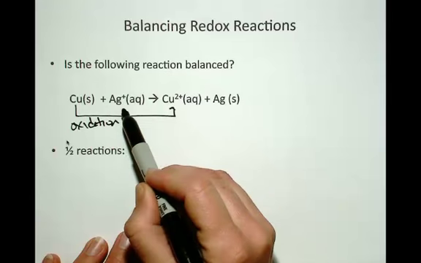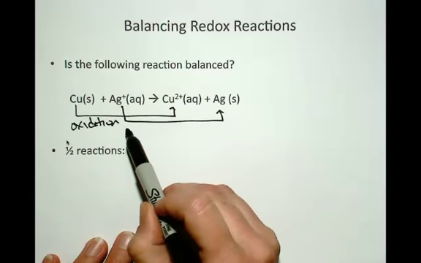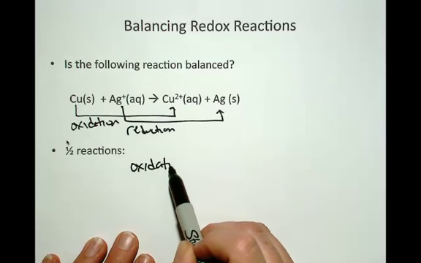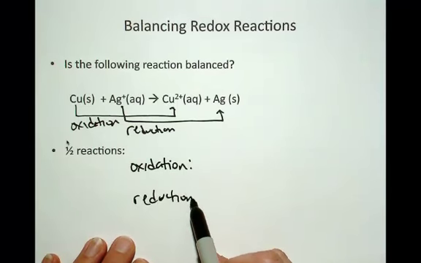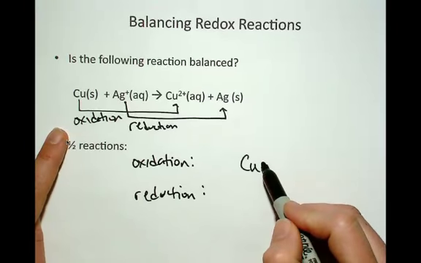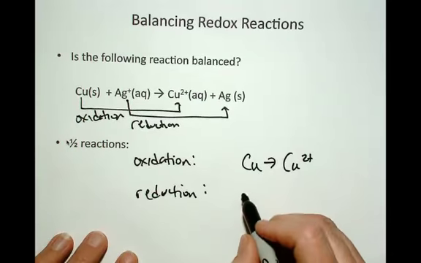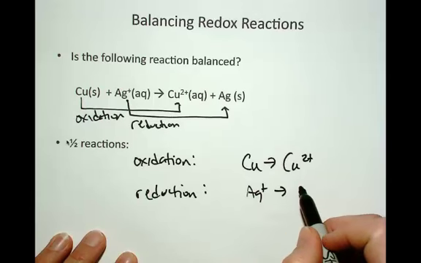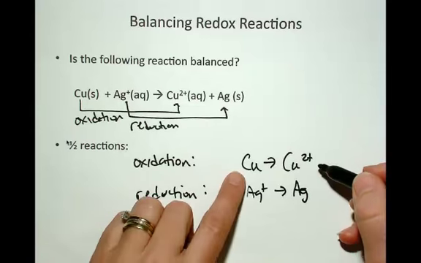The silver ion is going from +1 to silver. It must be gaining electrons, so it's undergoing reduction. So our oxidation half reaction and our reduction half reaction: our oxidation is copper goes to copper 2+. The silver is going from silver plus to silver, and in this case it's obviously giving off 2 electrons,